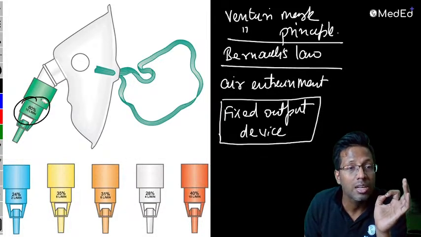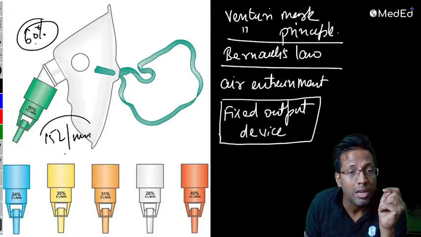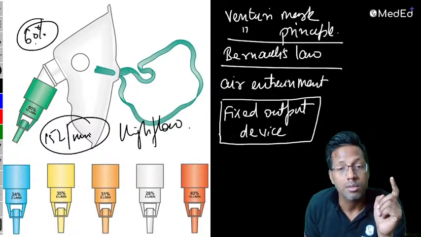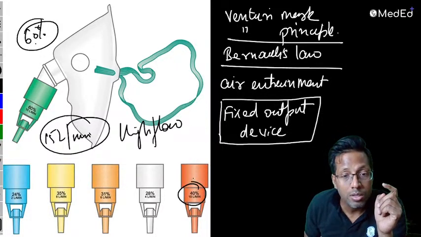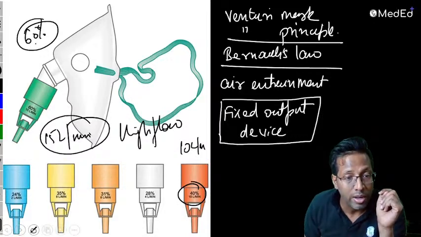So the maximum still given is 60% only. But do you see 60% is going at 15 liters per minute? This is a high flow device. Do you see that? 40% is going at 10 liters per minute. So when we classify these